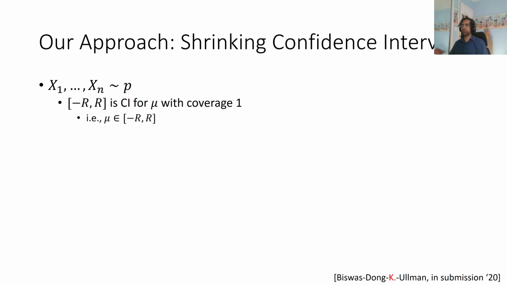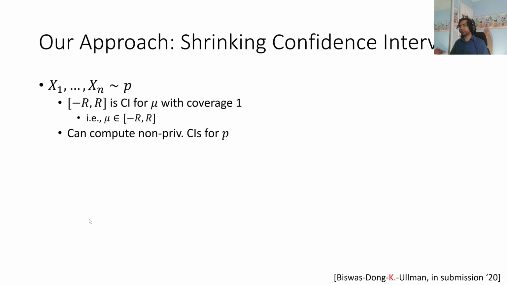Well, that encodes our prior knowledge that we used in the previous slide, saying that we know that almost all female heights are going to be between 120 and 200 centimeters. Similarly, we're encoding that the mean of the distribution is going to be between these two endpoints, and that will be how we're using this prior knowledge. It turns out that this is kind of necessary in the private setting for concentrated differential privacy. Okay, so that's the first thing we need.